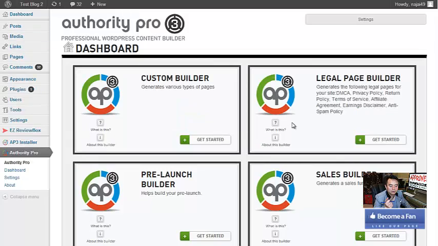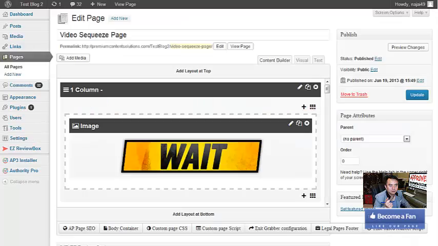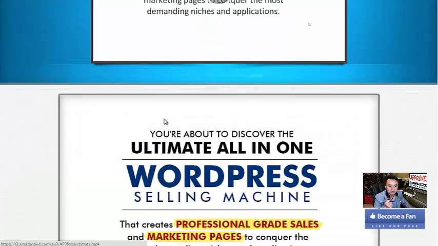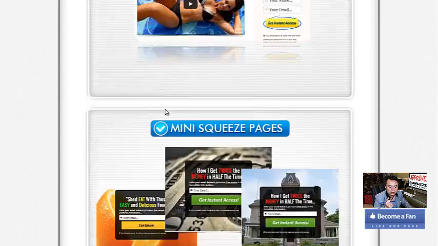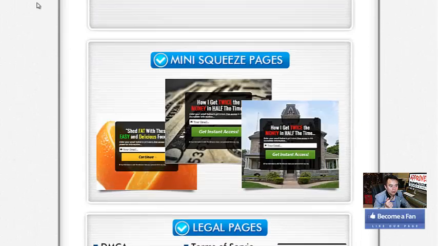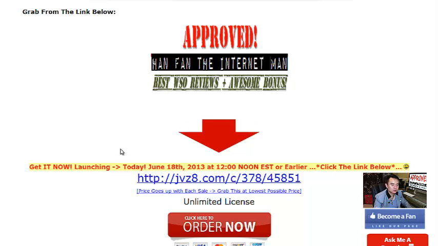And I think if you're looking for something like this, you should go get it. And remember, it builds all kinds of stunning squeeze pages and all that good stuff, which I don't have the time to go into right now. This is what Authority Pro does and how it's going to really help you. And if you believe this is going to simplify your life as far as building squeeze pages, sales funnels, all that great stuff,